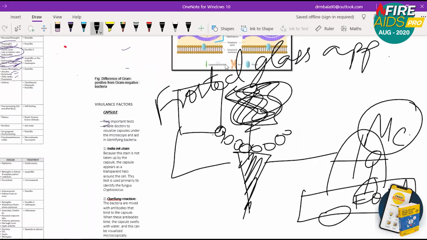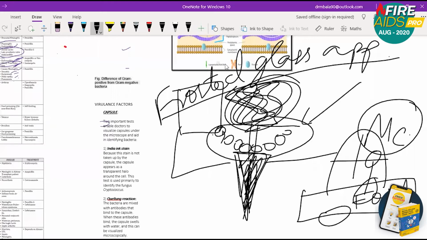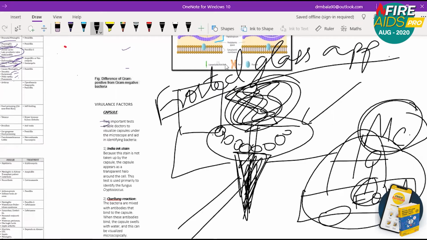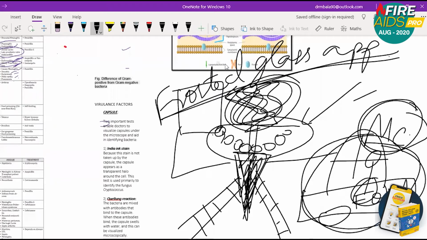So McFadden reaction, frosted glass appearance, medusa head appearance, inverted fir tree appearance, string of pearls appearance. This is a car, box car appearance, with McDonald sitting in a Ford car. So these are all the reactions you need to know. Her legs are like sticks, so you can remember bamboo stick appearance. So if you remember this picture, all those points would be covered.